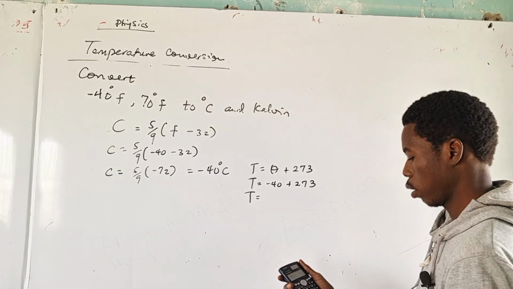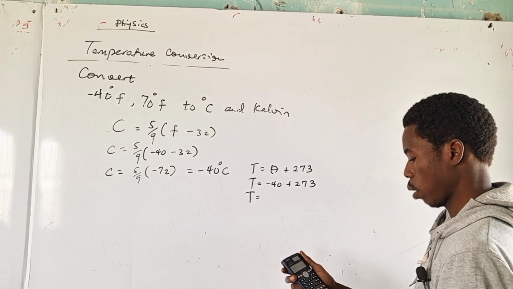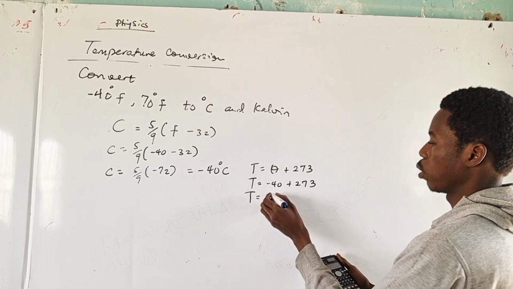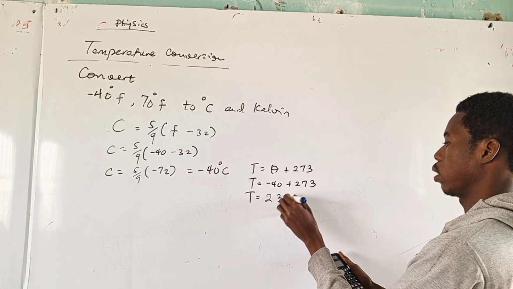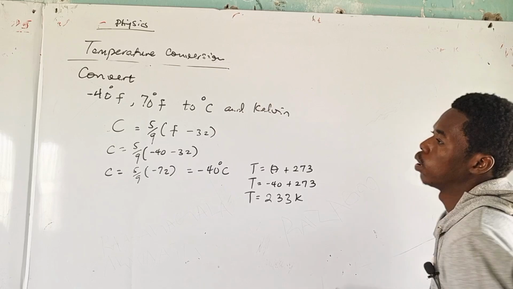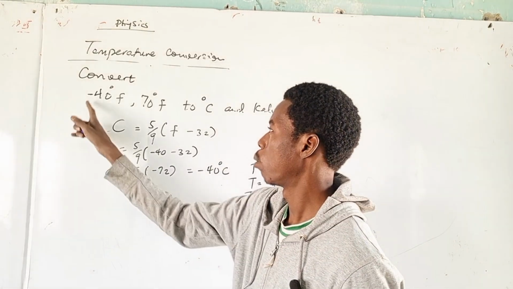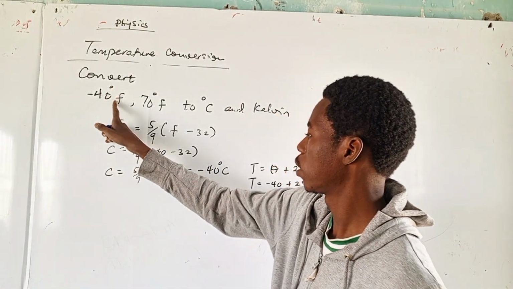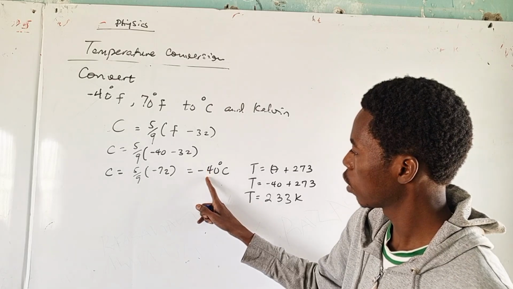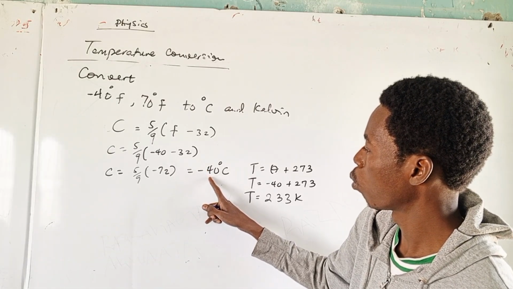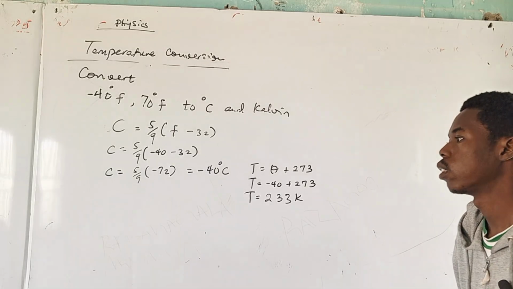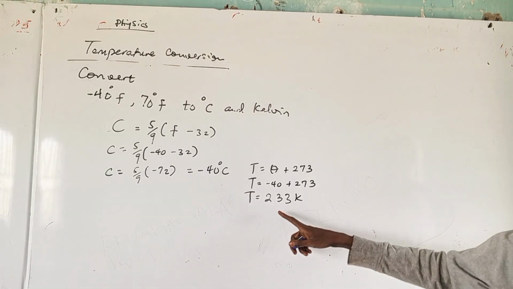minus 40 plus 273, which will give me 233 Kelvin. Now I have converted this minus 40 degree Fahrenheit into degree centigrade as minus 40 degree centigrade and into this